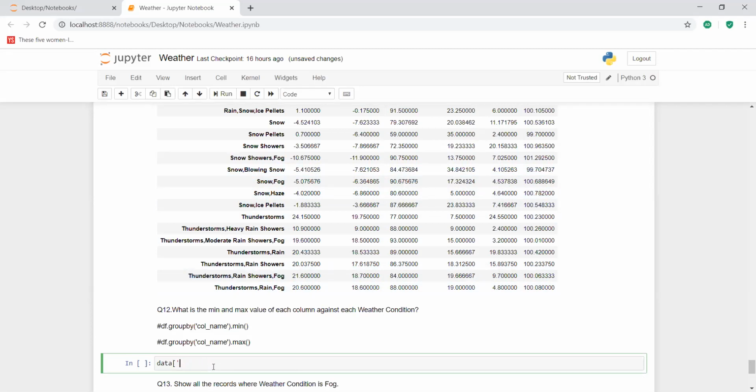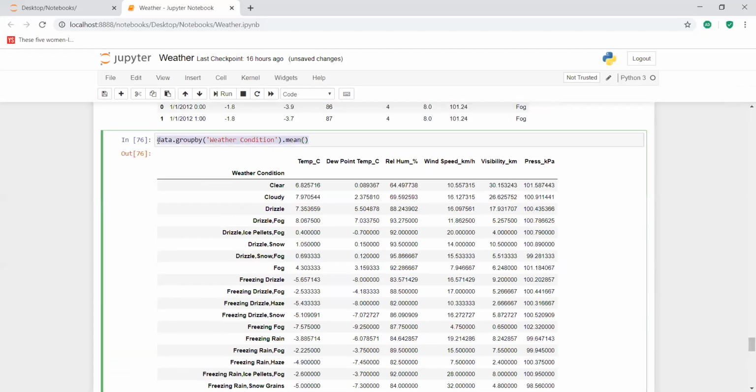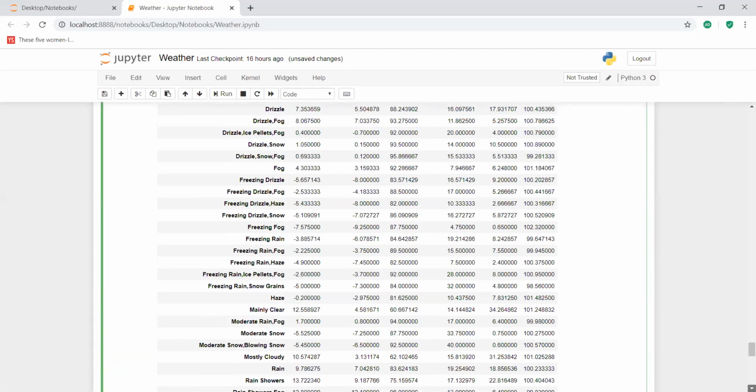Before that, we have to group the data frame using group by, with weather condition. I'm just copying the same, and I'm going to change the function alone. Here we found the mean value.